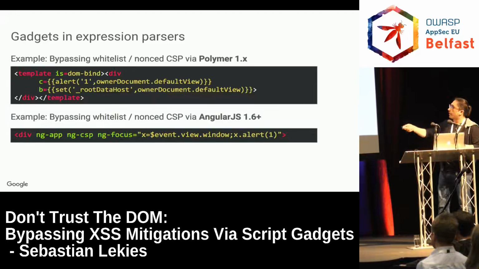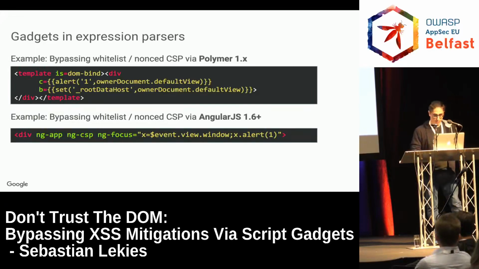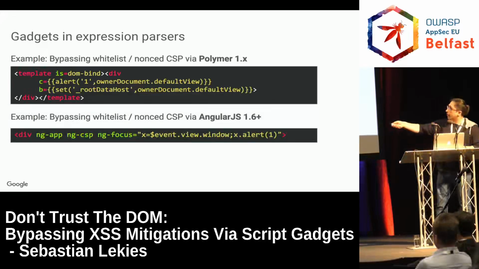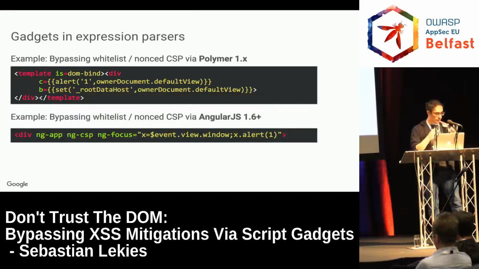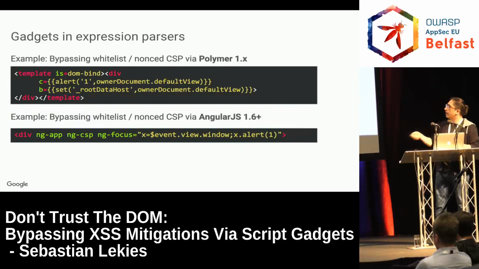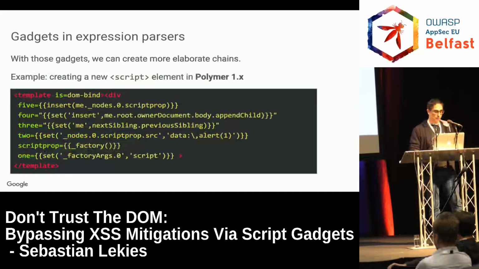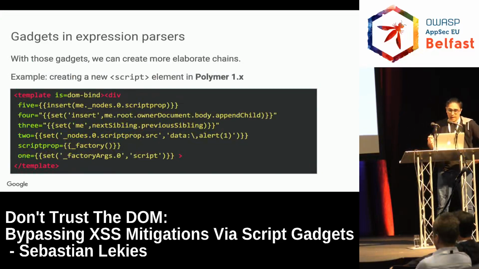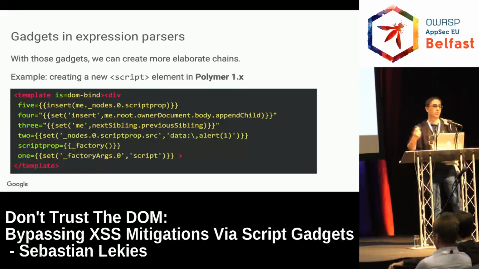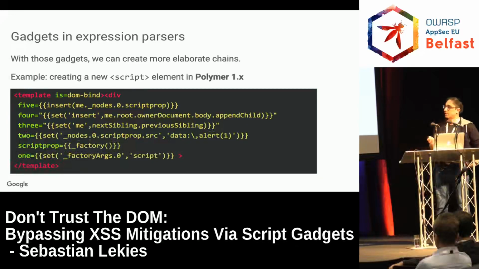Or for example, in Angular, well, this one is kind of popular. The AngularJS bypasses are pretty well known. So again, we just take the event object and then get the reference to the window and then just call the alert on this window. And what is important here, Angular makes it invisible sort of to the mitigations because it does reparse the whole thing and executes it on our behalf, let's say. And you can, again, chain those gadgets into making something way more powerful or to execute arbitrary scripts